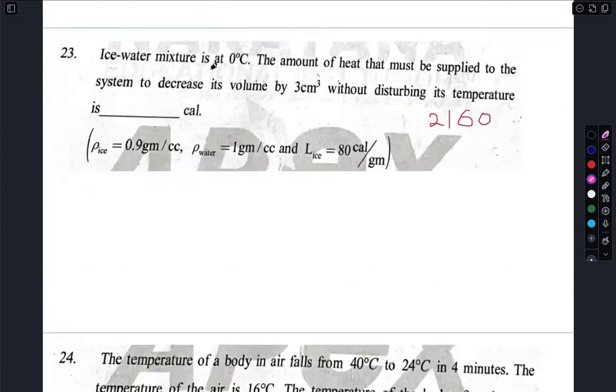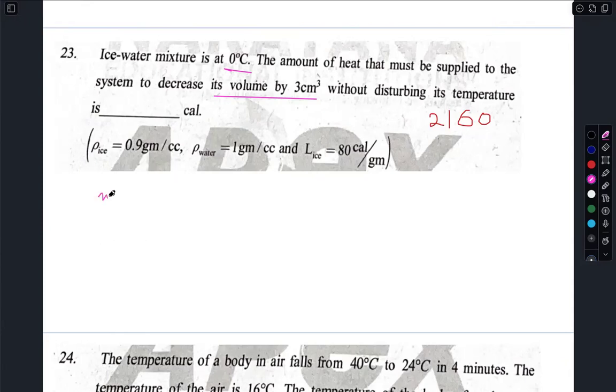Ice water mixture is at 0 degrees centigrade. The amount of heat that must be supplied to the system to decrease its volume by 3 centimeter cube without disturbing its temperature is. Now my question is, how will it decrease? Why does the volume decrease? If ice melts, the volume decreases. Water converts to ice, effective volume increases. So the amount of heat that must be supplied to the system to decrease its volume by 3 centimeter cube without disturbing its temperature is, which means